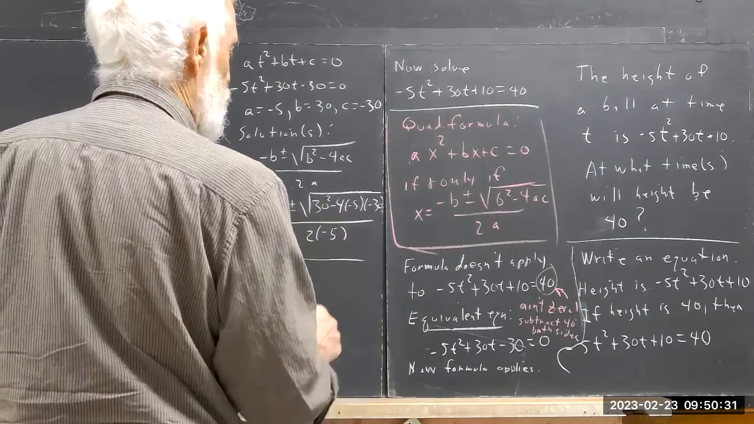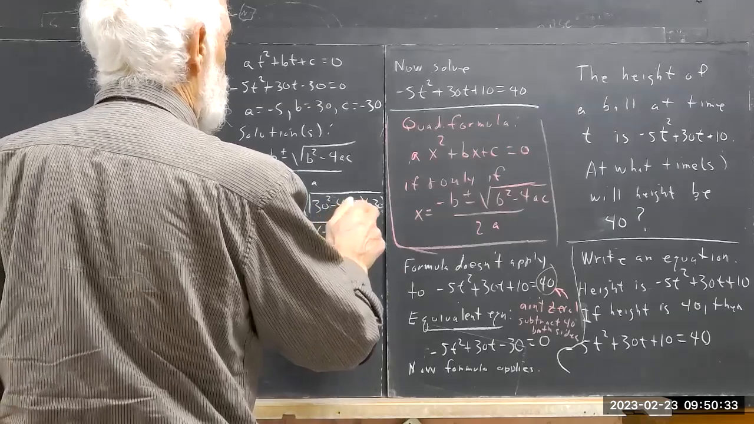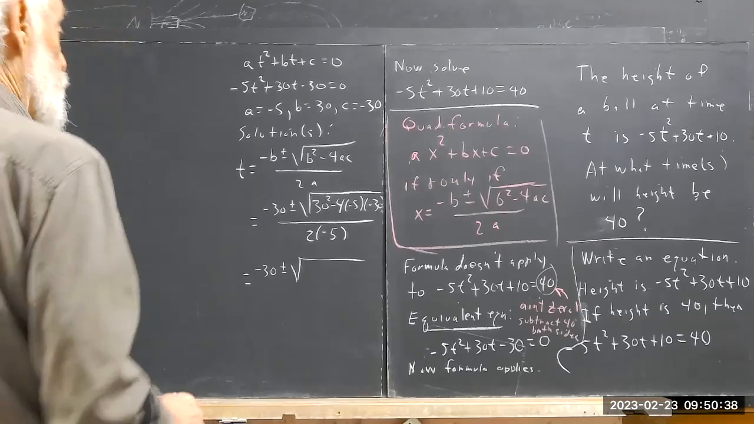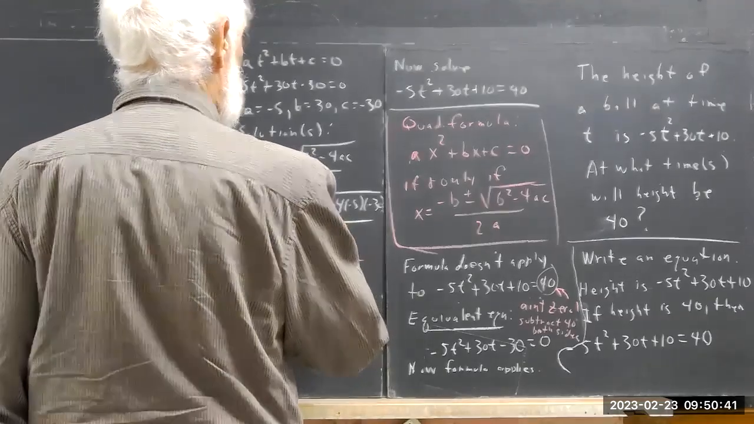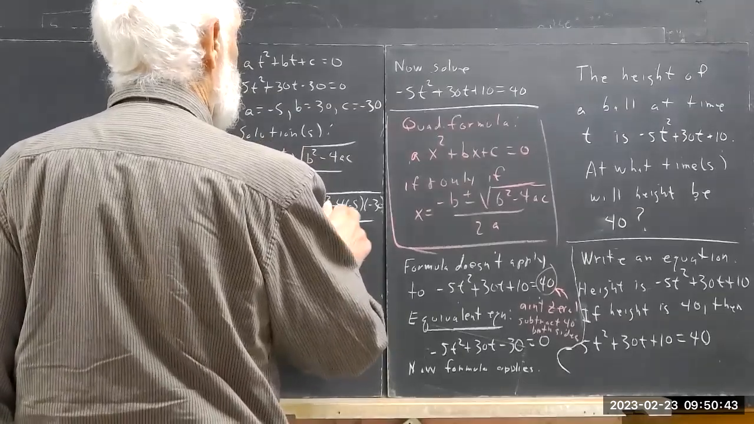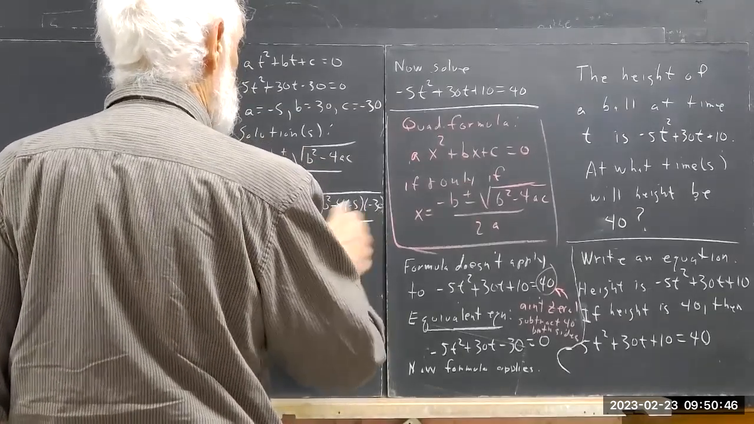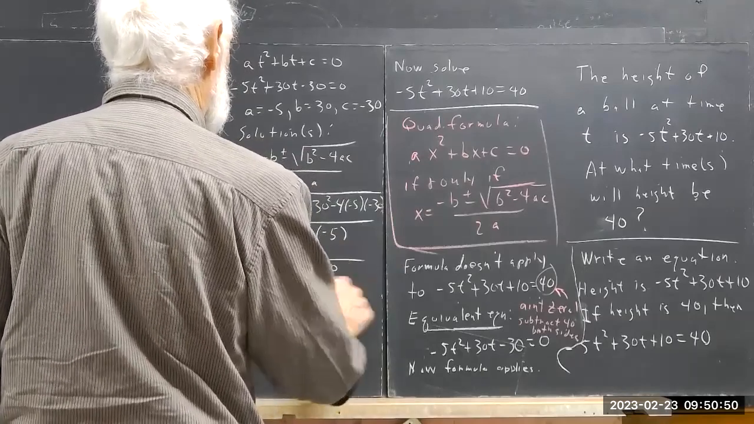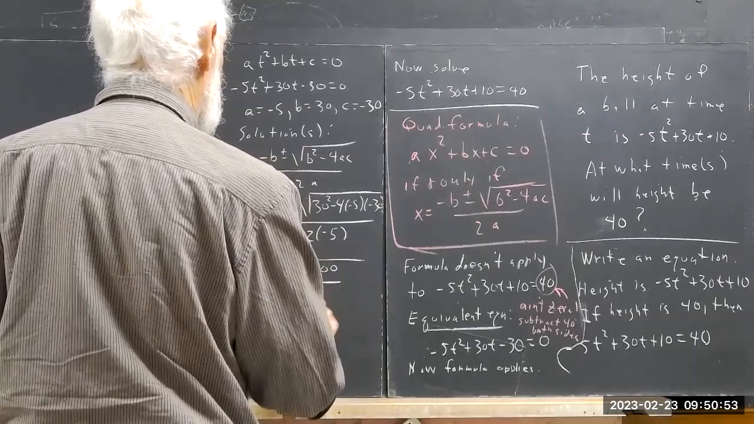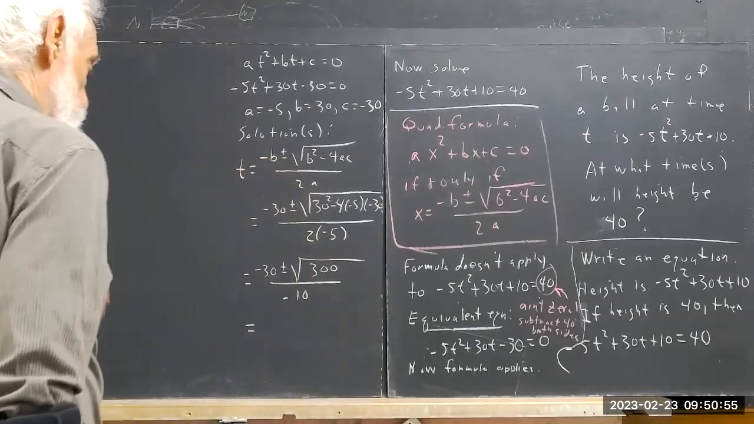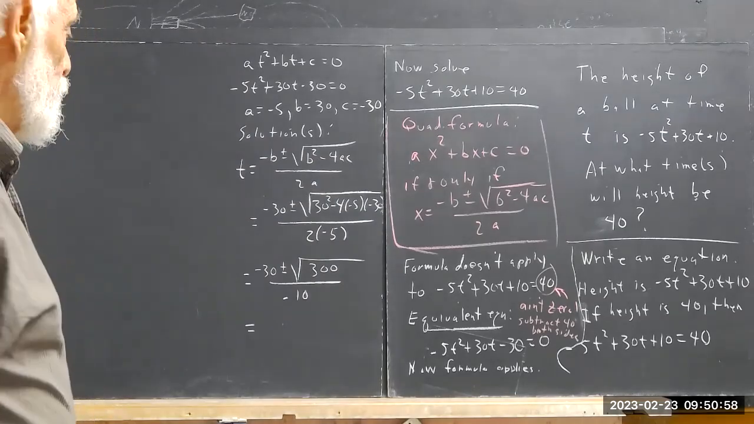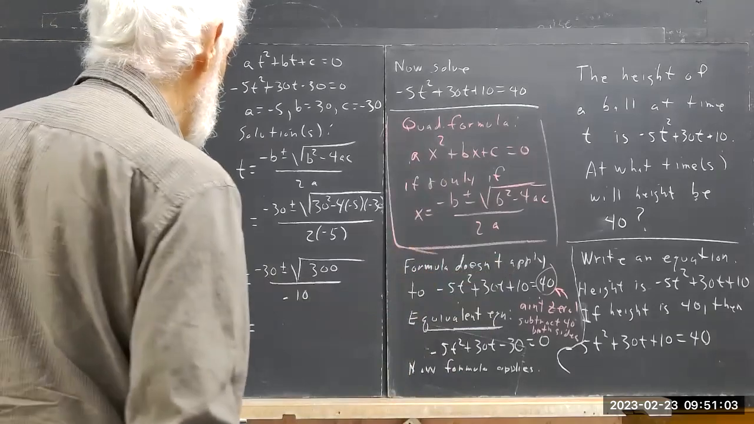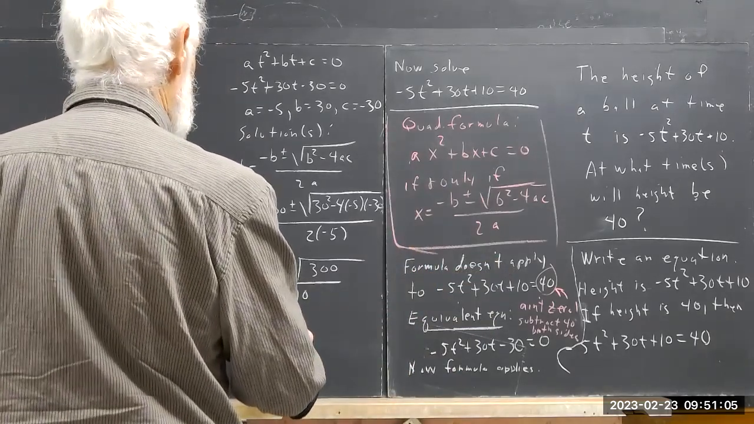30 squared is 900. 4 times 5 times 30 is 600. And that's going to be 30 squared minus, well, that's minus a positive number, so it's going to be minus. So this is going to come out 300 over negative 10. And you can do that arithmetic. As soon as you've got the numbers in there, you're pretty well home free. So this is